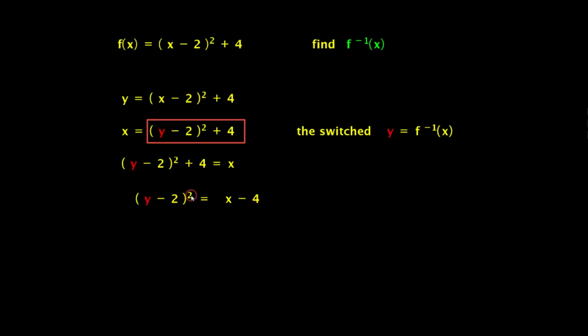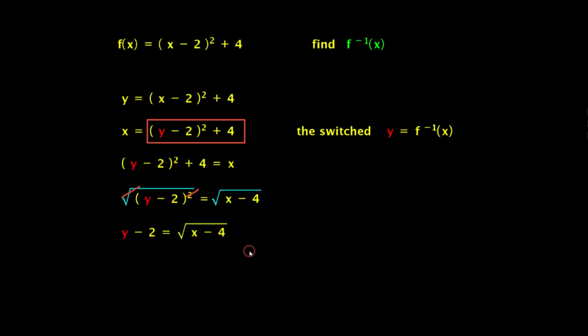Now we have to get rid of the power first. Then we will isolate the y by taking care of the -2. To isolate that, we have to square root the left side. It is a power of 2, so the square root is the same. And we have to do the same thing on the right-hand side. That will cancel the power. So the left side will be just y minus 2, and the right side will be square root of x